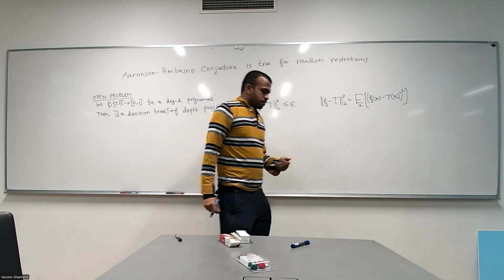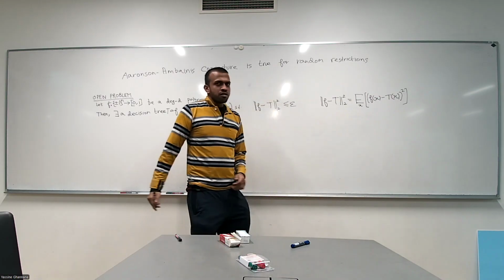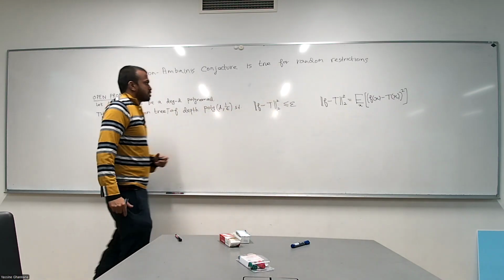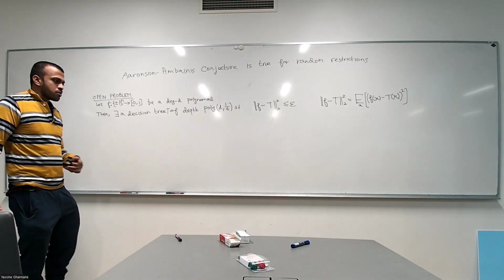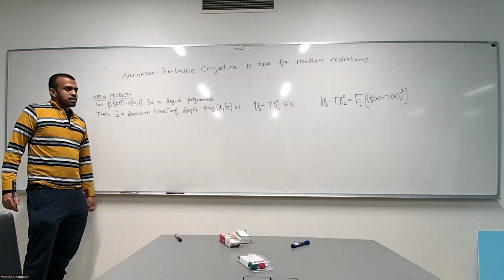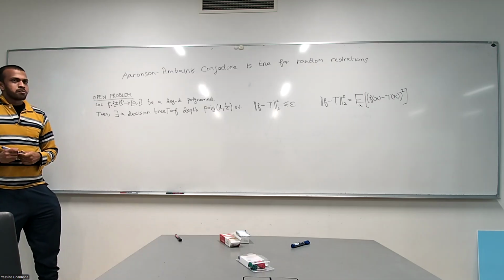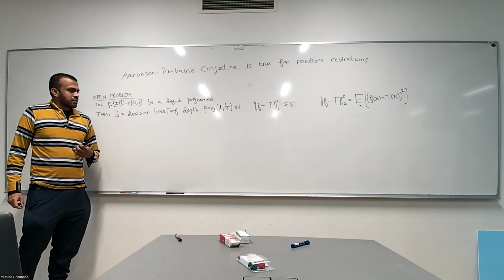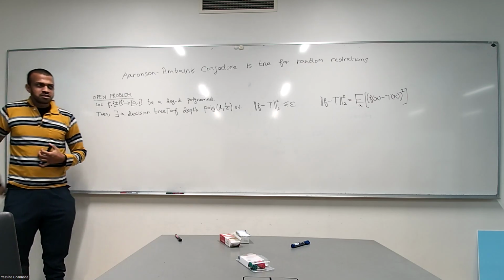And unless I specify otherwise, all expectations and probabilities will be over the uniform distribution over the hypercube. And it's a very simple problem. You are given a low degree polynomial whose image is bounded. You want to approximate it classically by making a small number of queries. And this is a big open problem in the literature. If you can solve it, you'll become very famous.